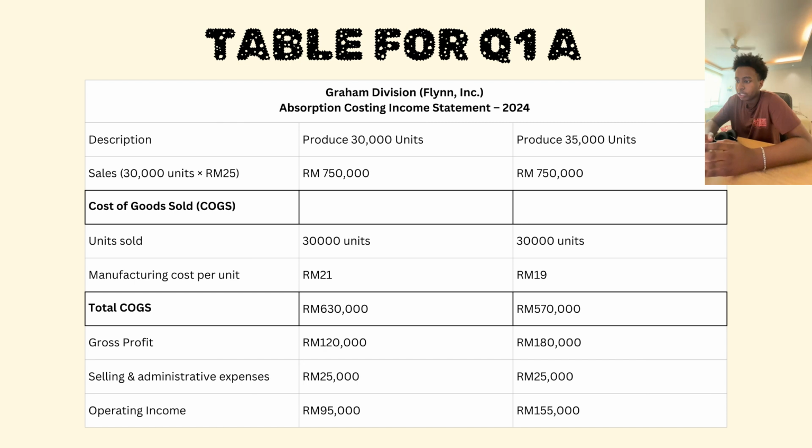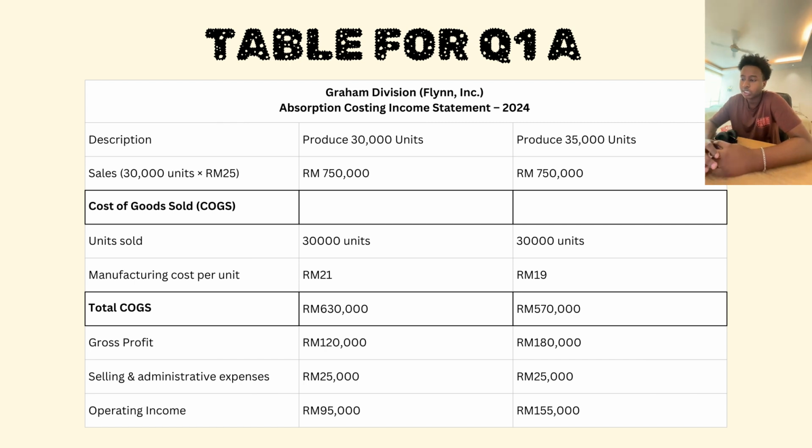This is the sales, where we produced 35,000 units. They both have the same value, 750,000 ringgit. The only thing that differs for the cost of goods sold is the manufacturing cost per unit. When it's 30,000 units, it's 21 ringgit, and when it's 35,000 units, it ends up being 19 ringgit. And the total cost of goods sold for 30,000 units is higher, 630,000 ringgit, while 35,000 units is